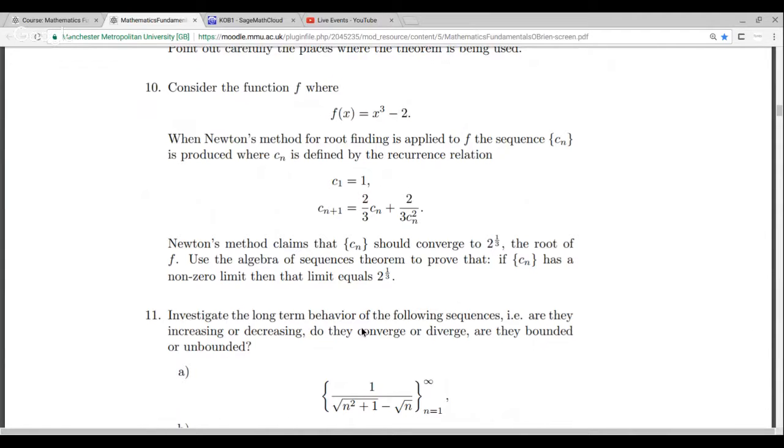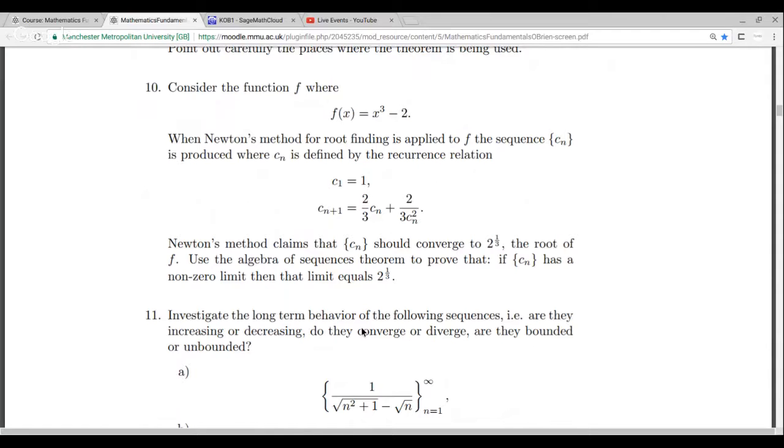Okay, and then the question comes, well, what's the value of the limit of this equation? Now, when you're setting up Newton's method and describing Newton's method, you find out that the sequence it produces should converge to a root of the equation. You can kind of guess what the root is to begin with. I mean, what is the root of x cubed minus 2 equals 0? Well, of course, that implies that x is the cube root of 2. That's the solution. So that's the limit that we're expecting to get from this equation.